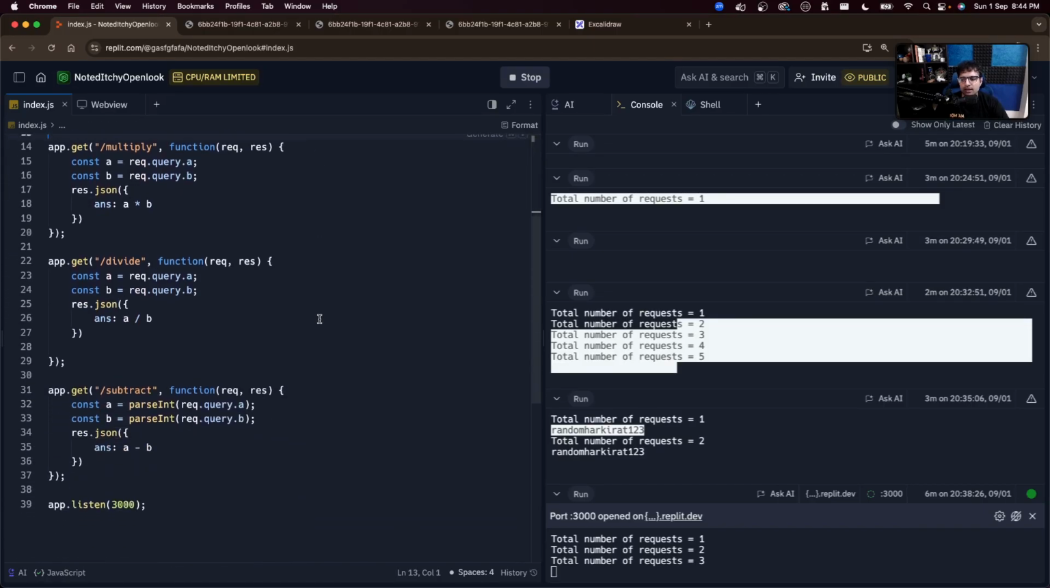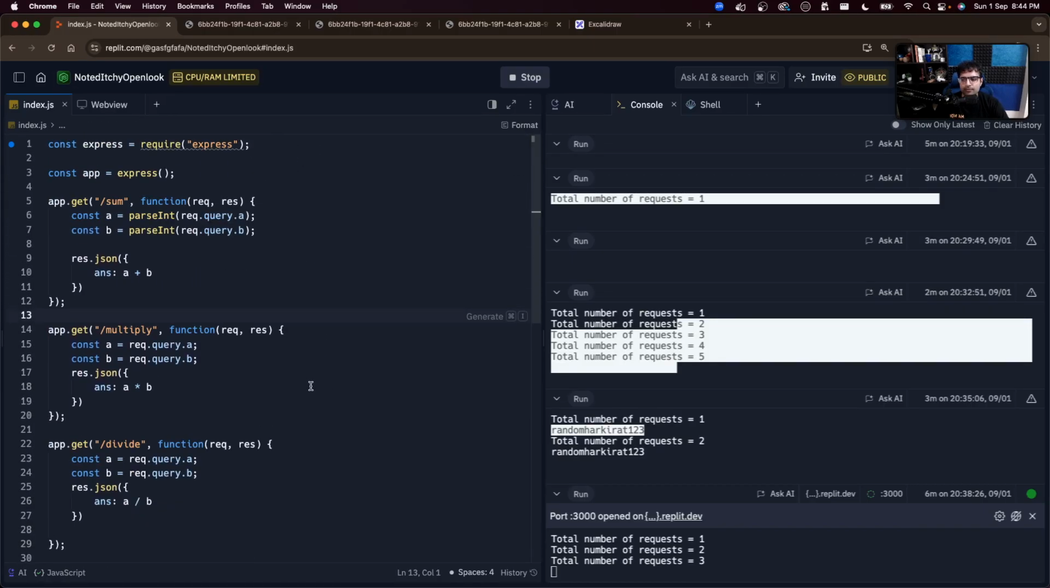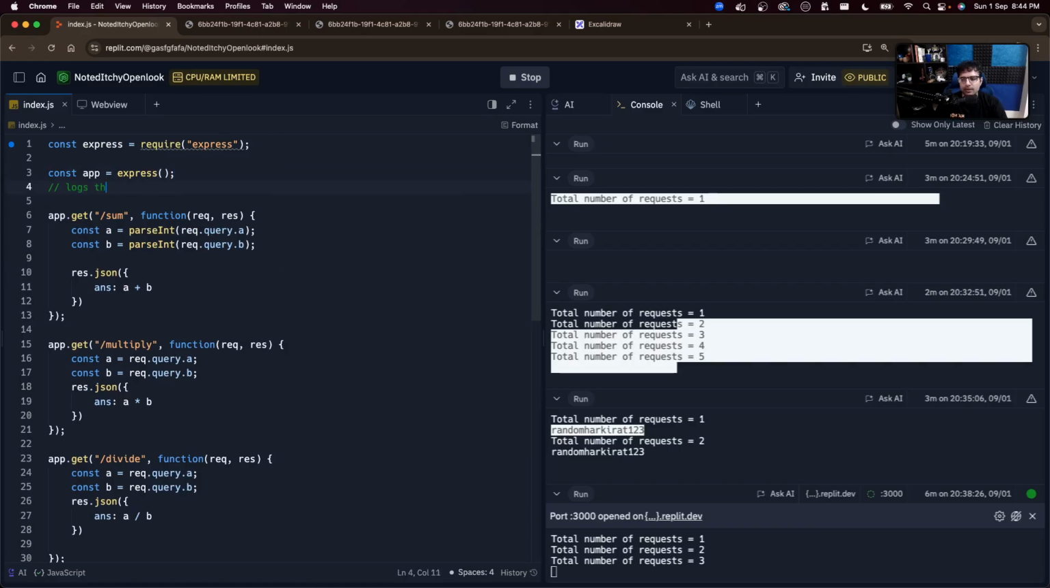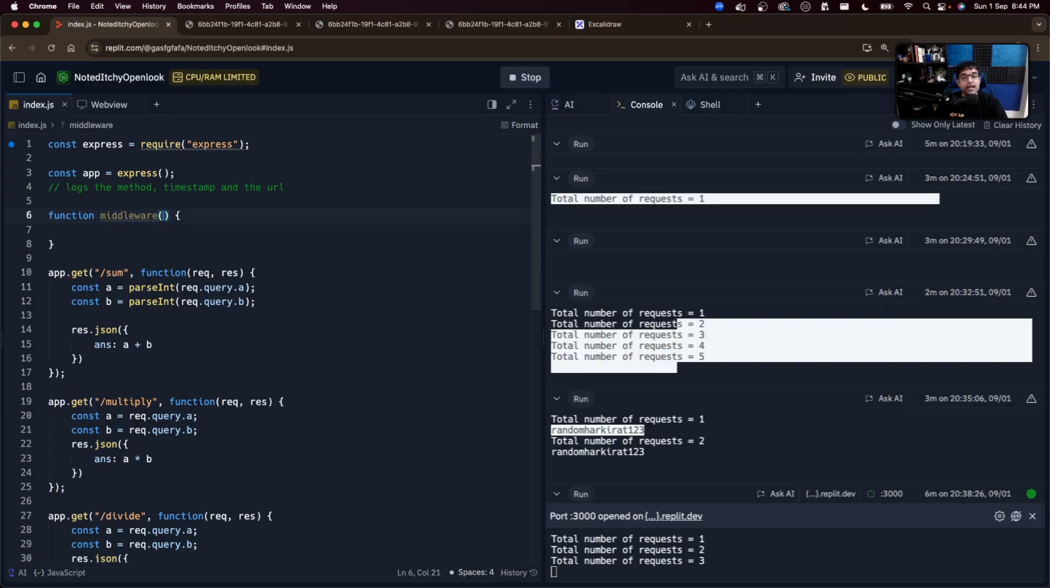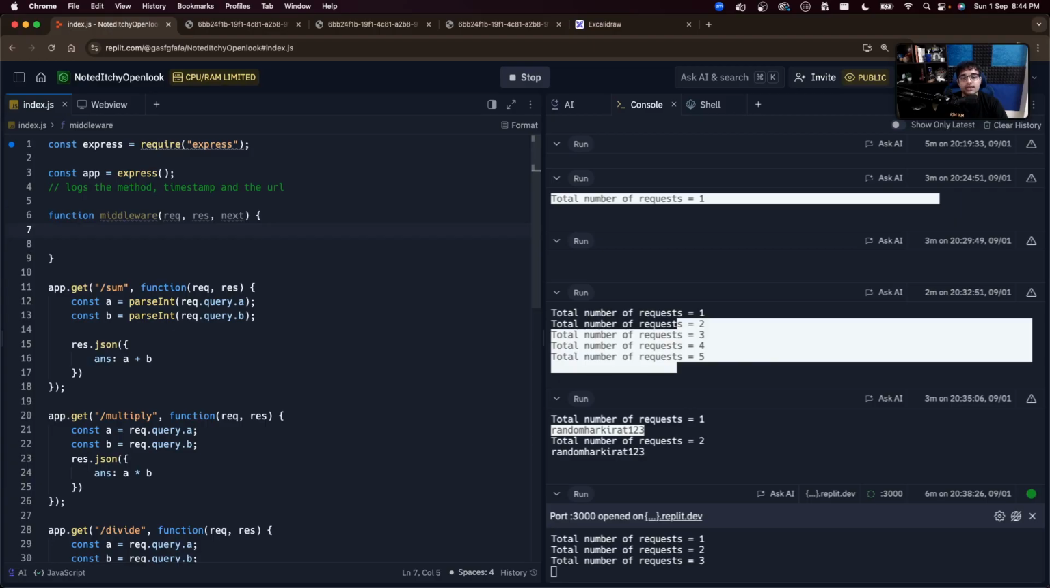What was the assignment? Given this code, add a middleware that logs the method, timestamp, and the URL on which the request is coming. Fairly simple, right? Function, middleware. What does the middleware take as inputs? The middleware takes the request object, the response object, and the next function as input. What does it need to do? It needs to log